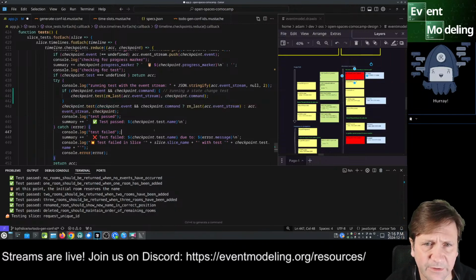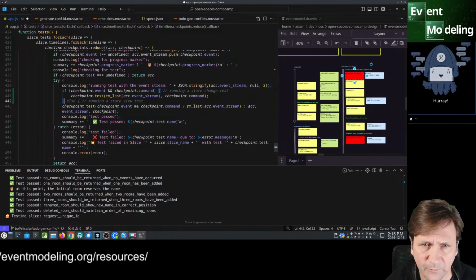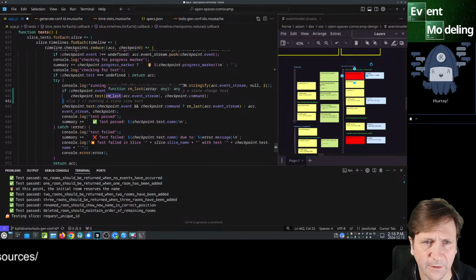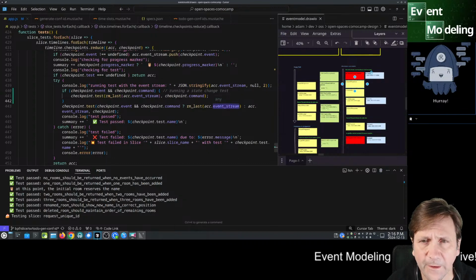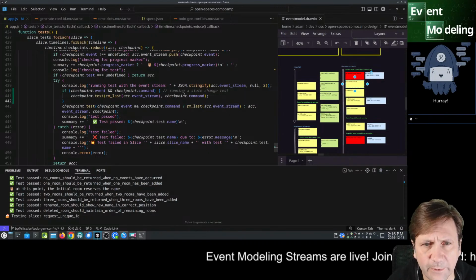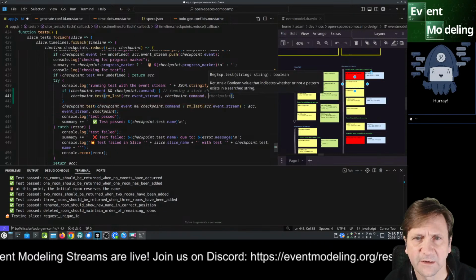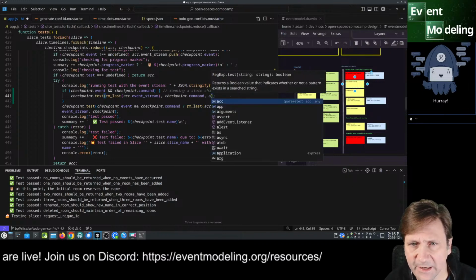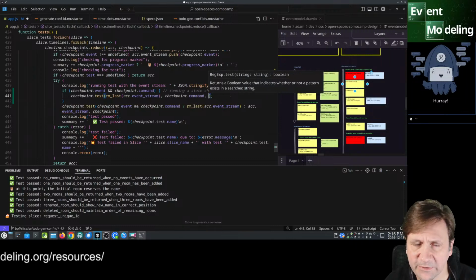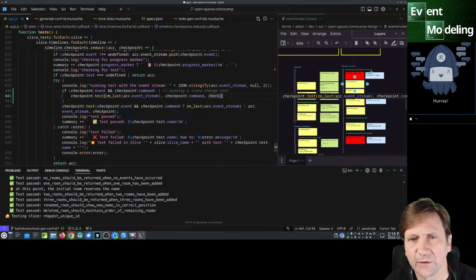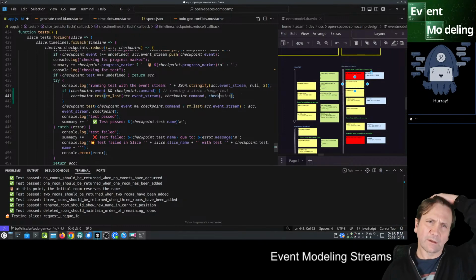That means our tests are going to, yeah, we need to ignore this last event. We have the command, and we need to test against the act.events. Oh no, checkpoint.event. In fact,